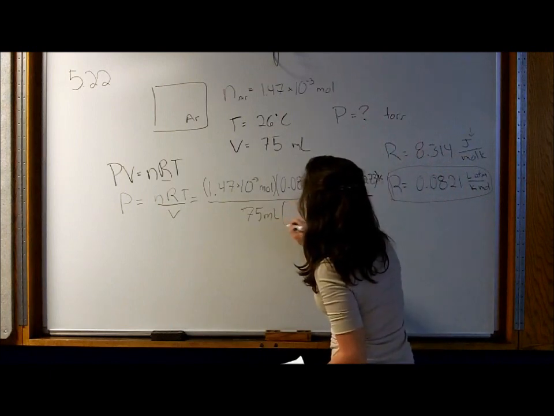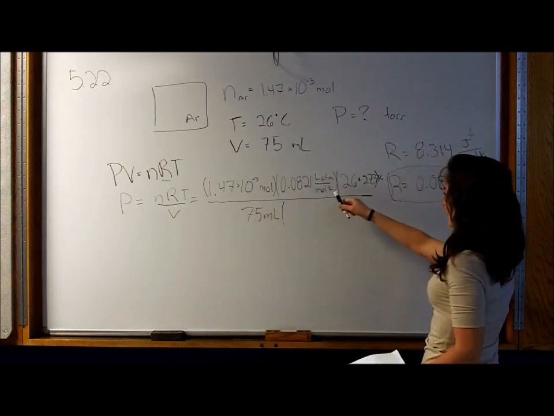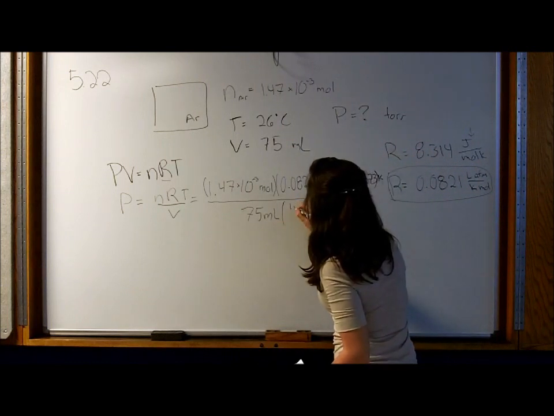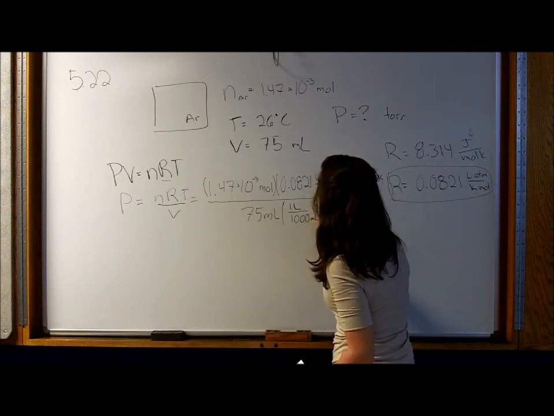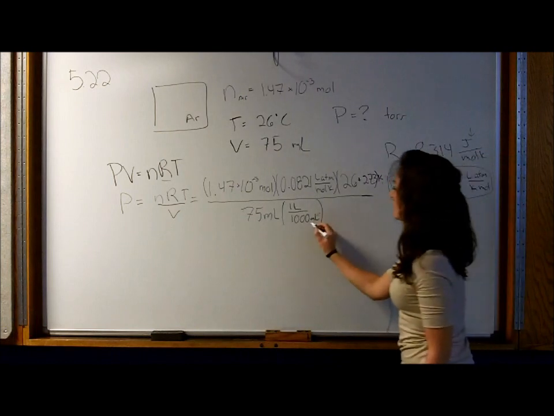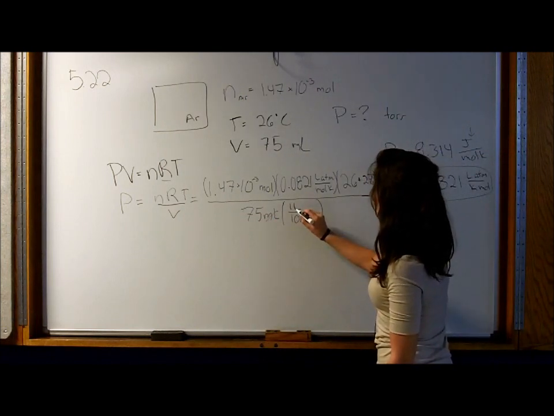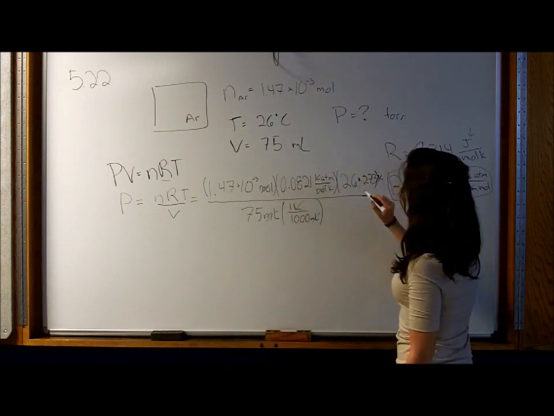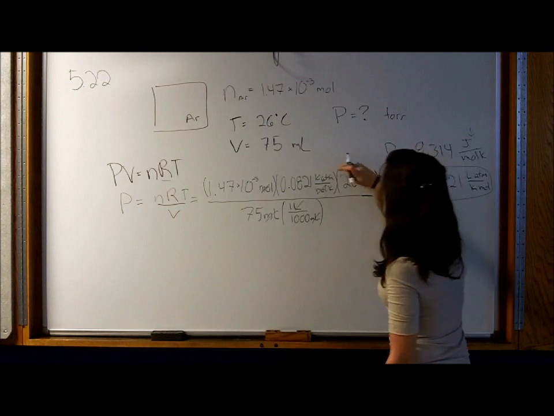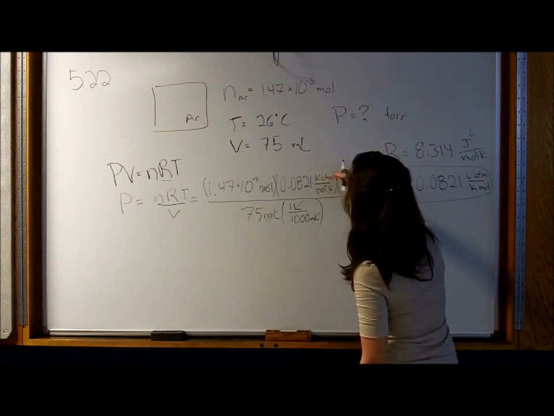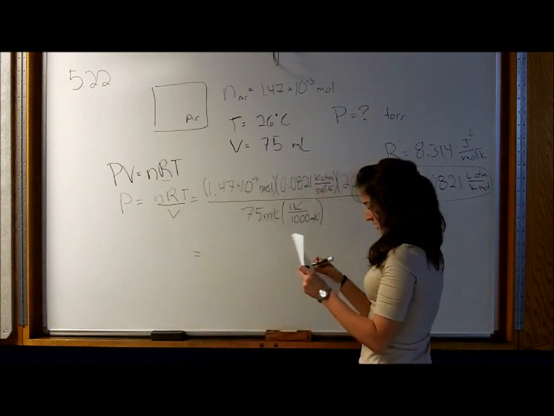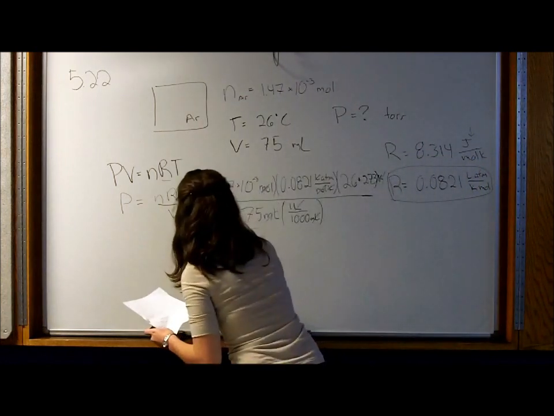And then we also have milliliters on the bottom, but our R has liters, so we need to make a conversion from milliliters to liters. So we have 1 liter is equal to 1,000 milliliters. That way, milliliters cancel down here at the bottom. You're left with liters. Liters cancels here. Moles cancels with the moles in the R, and then atmosphere stays. We're looking for pressure. Kelvin cancels, and then we're left with atmospheres, and this ends up being